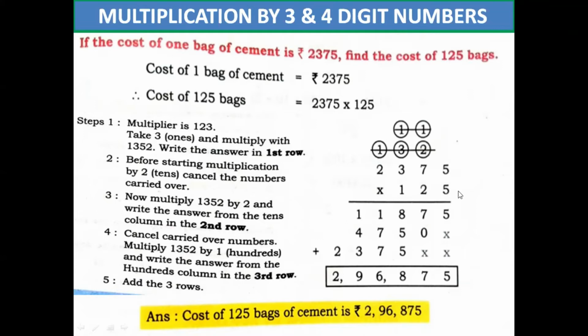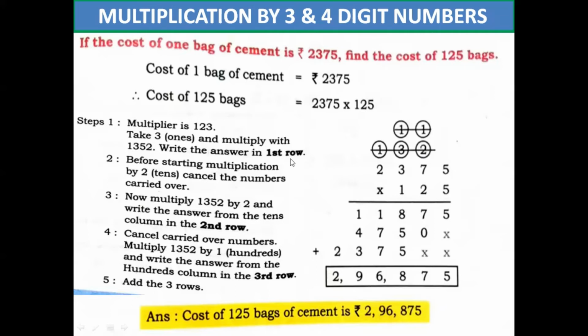See here. Okay. This is in thousands place. 5 fives 25. 5 write down. 2 carry over. 7 fives 35. 2 is there. 36, 37. Add 3 up. Write 7 down. 5 threes 15. 15 plus 3, 18. 1 carry over. 5 twos 10. Plus 1, 11. Write it here. Okay.